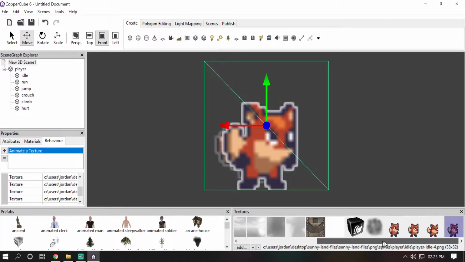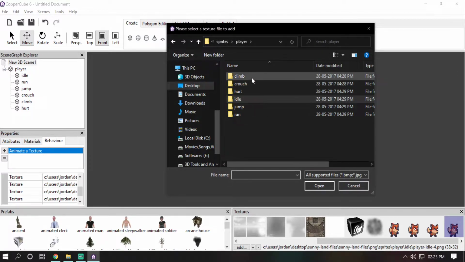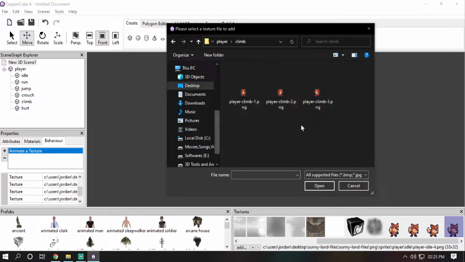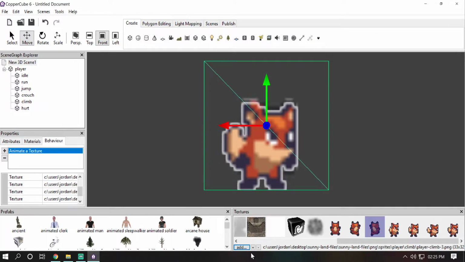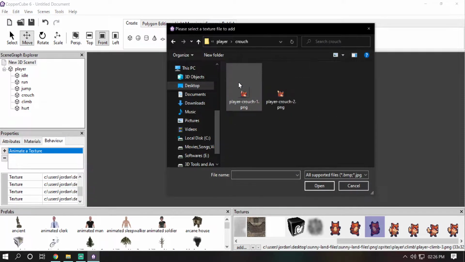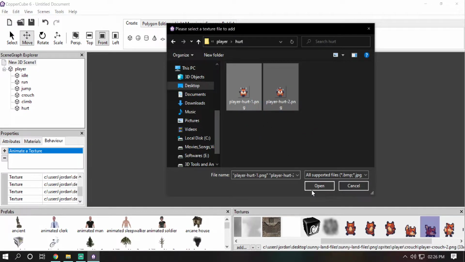But as we can see, we have not imported our character sprites for run, jump, crouch, climb and hurt animations. So what we are going to do now is import all the character sprites here. To import, I am clicking this add button and navigating to the player sprites. First I'm going to import climb, which has 3 animation frames. Click open. I'm going to add crouch, which has 2 animation frames, and click open. Then hurt, which has 2 animation frames,